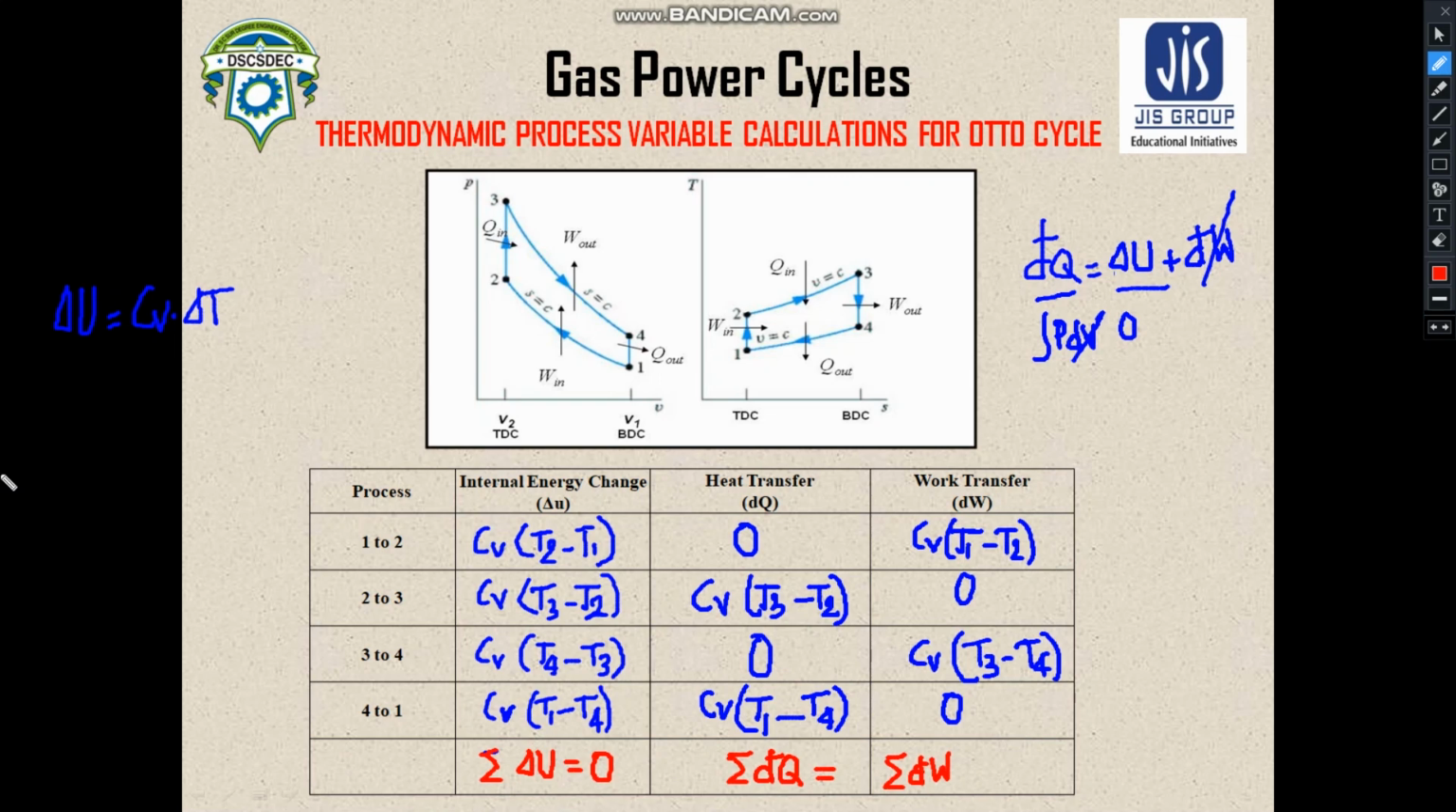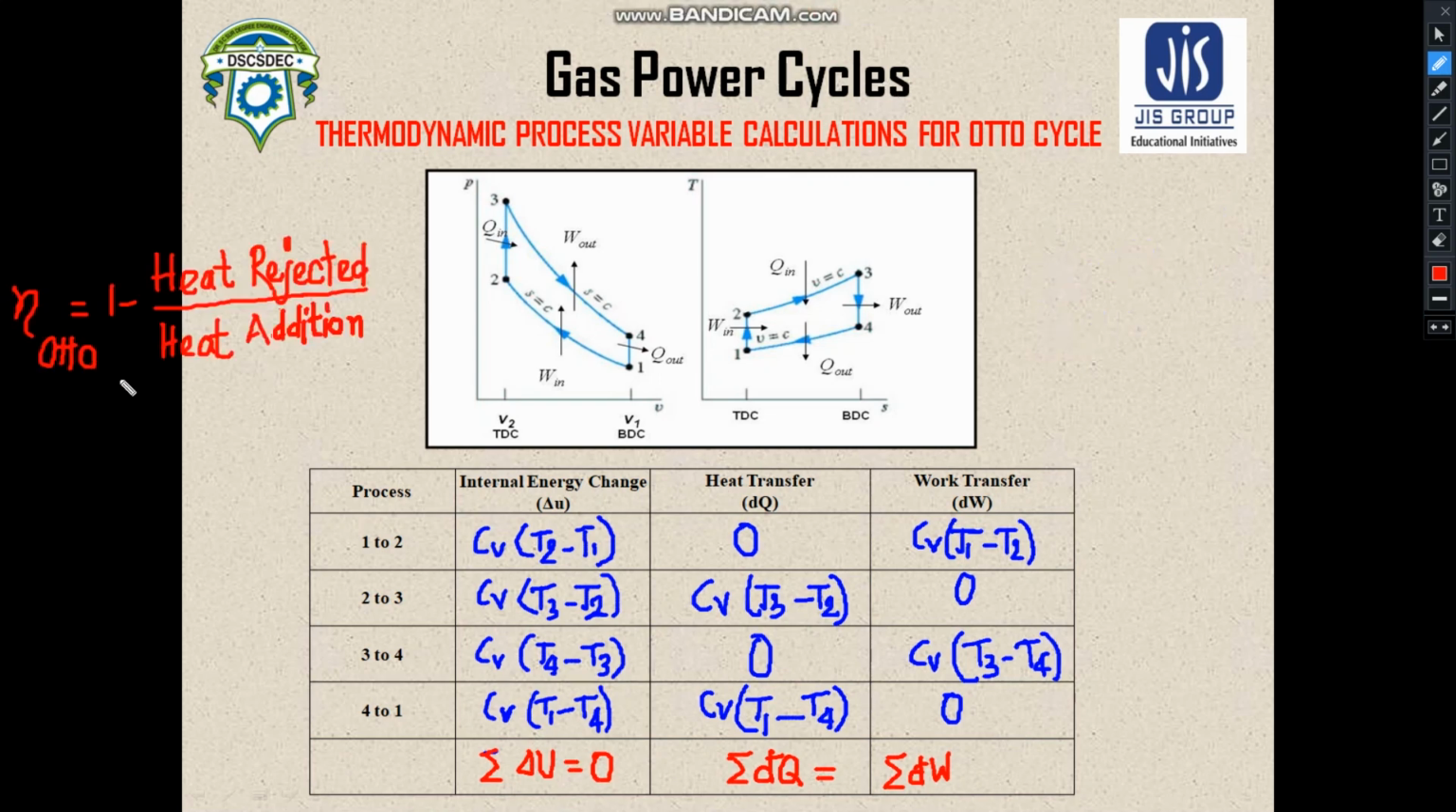How do we calculate efficiency for the Otto cycle? Let us check that. For any heat engine, the efficiency is defined as 1 minus the heat rejected divided by the heat addition. For this Otto cycle, if you write the heat addition as QH, it will be Cv into T3 minus T2, as you can see over here. Now the heat rejected